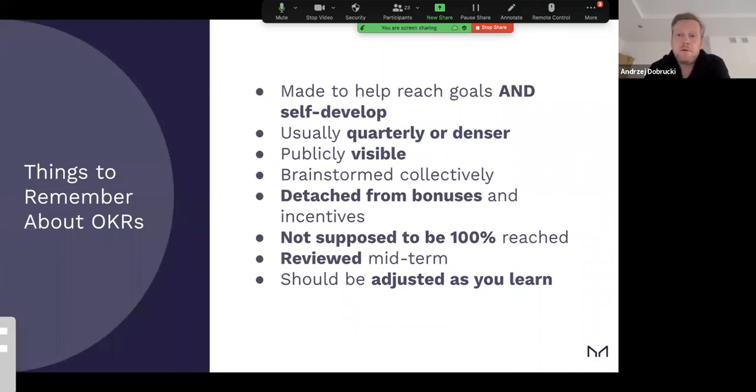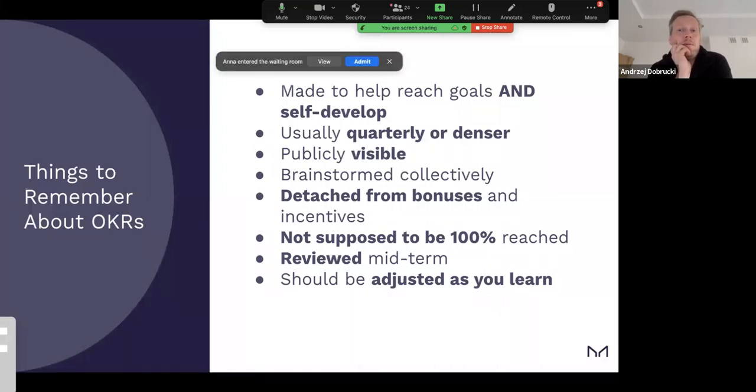So they're usually quarterly or denser. That means that we do not set them for a year, we do not set them for 2 years, for 3 years. That's basically a strategic horizon, sort of like a vision. And I'm going to talk more about vision and mission on the next slide. But why they are so dense is because